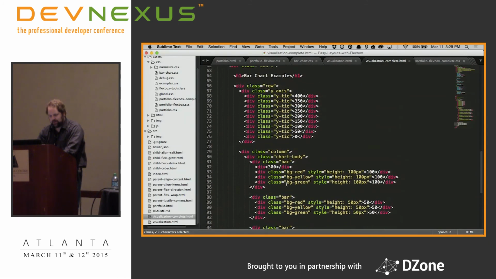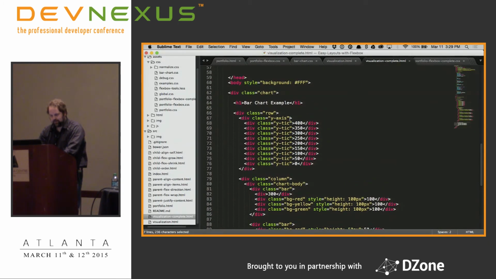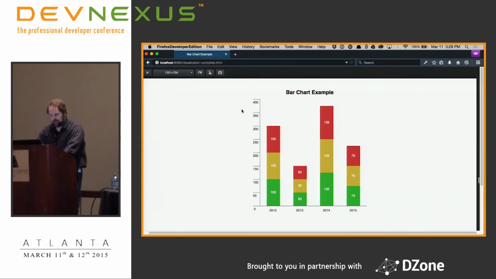Now, how am I doing the y-axis? I'm actually just wrapping another div around this, and now I'm making this a column, and I'm nesting that column inside of a row. So you have here's a container, and there's a container. So I have specified widths on the y-axis and the chart body, but everything else Flex takes care of